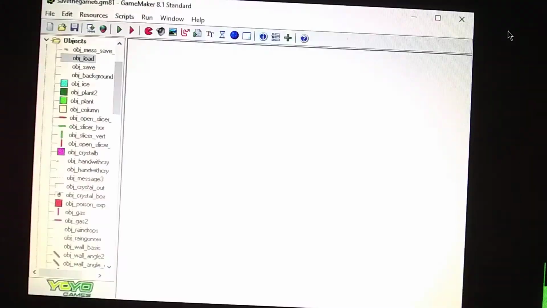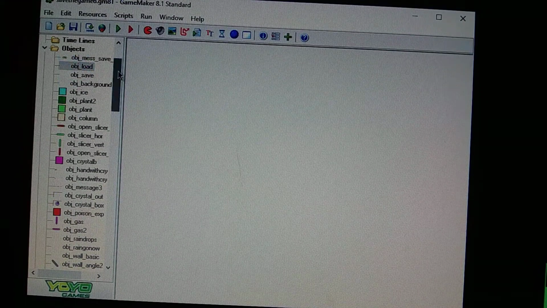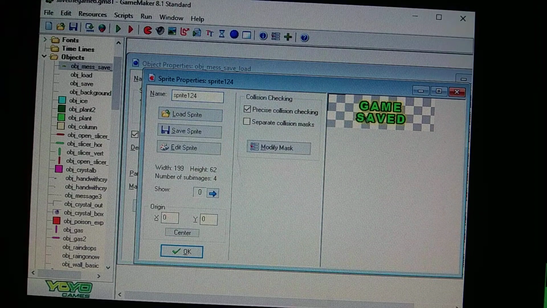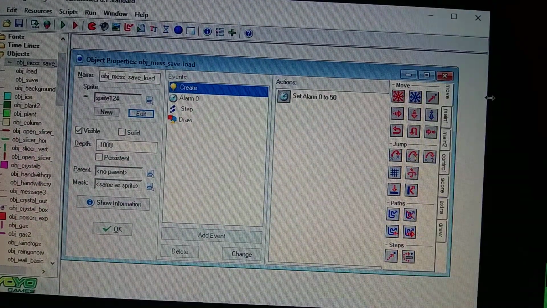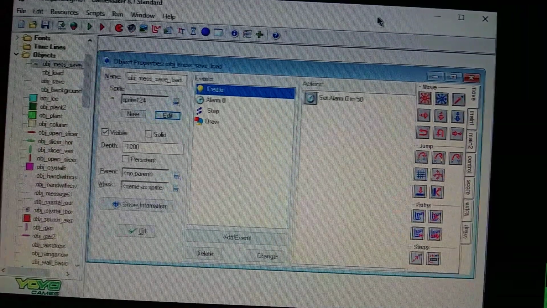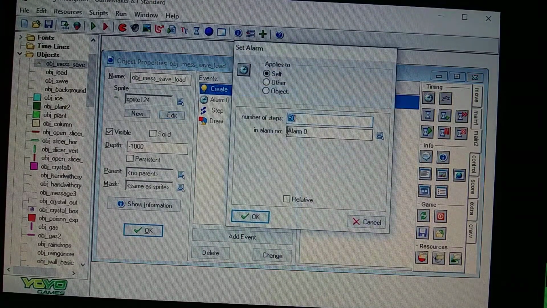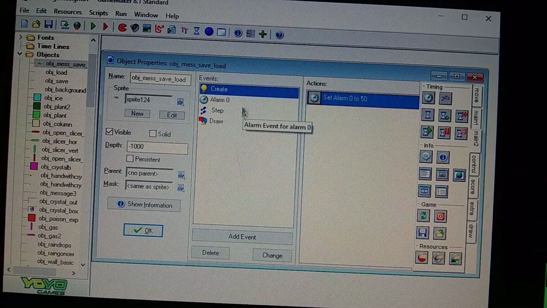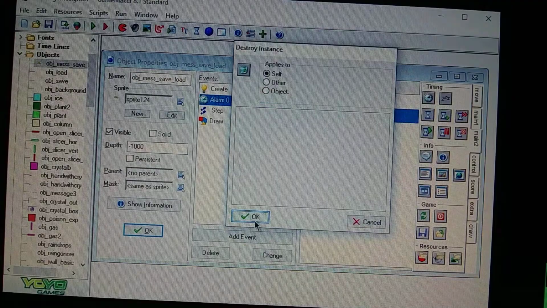Alright, so let me show you what I did for the load and save, and then I'll talk about the ice. So in this first script here, it says game saved. It's this basic text that I did in Photoshop and brought into GameMaker 8.1. So do a create event, then you go to your main 2 tab, drag over timer, set it to 50 milliseconds, alarm 0, then grab alarm 0 from add event, do another 50 milliseconds, alarm 0, and then it's going to destroy that text, set it to self,